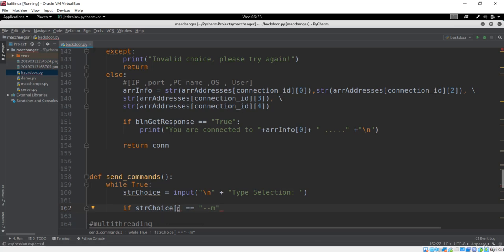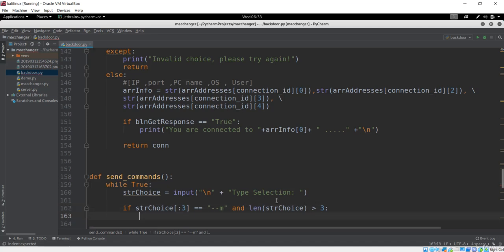What we are going to do is, from the beginning we want these 3 characters, that is basically from 0 to 2 characters, and if that is dash dash yum, and the length of that command, in this case the string choice that is inputted by the user, is greater than 3. Why is this needed? Because we also have to send the message, so we're checking if the length is 3 or not. If it is only dash dash yum, that is not going to work.